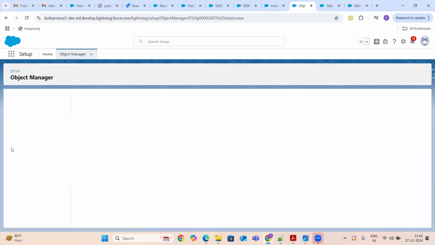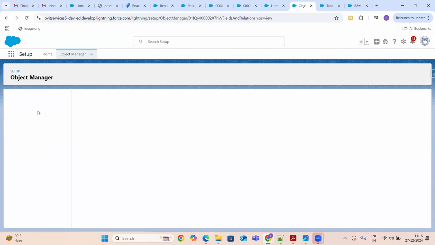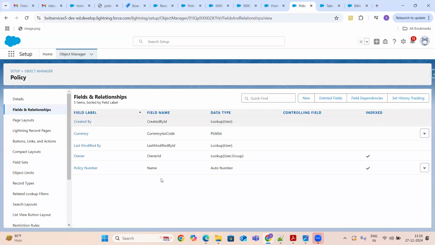Okay. So this is the policies object that we created. Tomorrow I'll explain all these fields and then we will create some more new fields that we require to handle the policies. Okay.